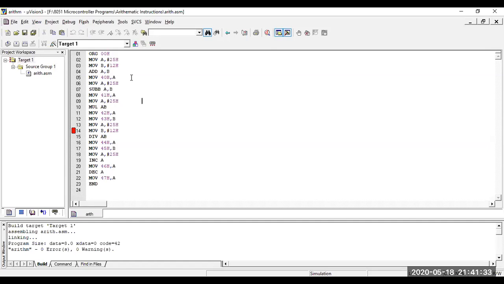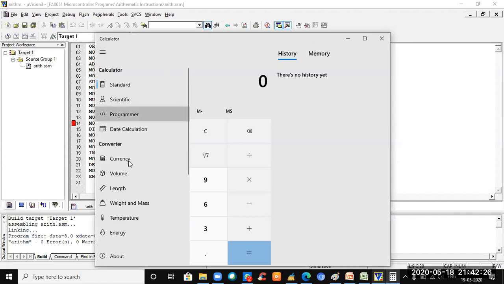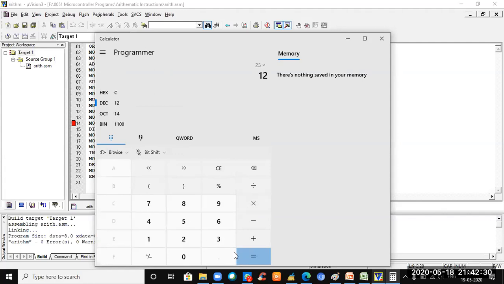So 25 into 12, if you multiply, suppose in calc if I see, go to programmer, so 25 into 12.